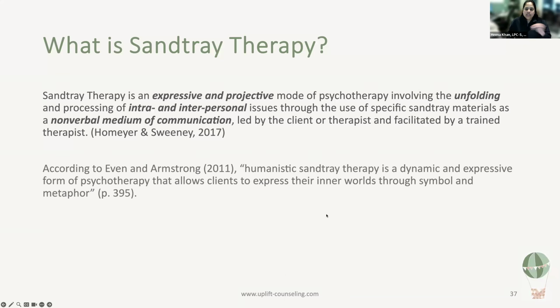And so there's humanistic psychotherapy, that's based on Carl Rogers' work, and there's person-centered work, and there's child-centered work. And so I certainly identify as a very child-centered therapist, and when I do play therapy, very much humanistic when I do sand tray therapy, and also with the adults that I work with. Just to put it out there, there are other schools of thought with sand tray as well. I just don't work with that theoretical model. I work with the humanistic model. So if you're interested, you can always explore the other models as well.